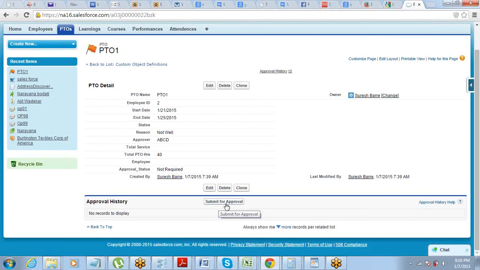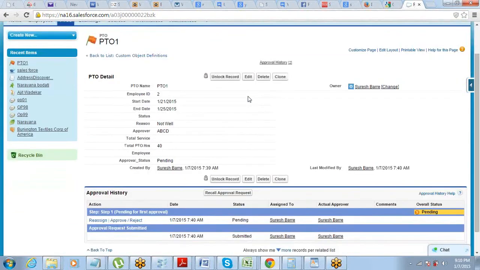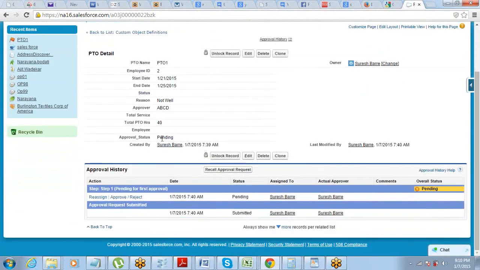Now Suresh, can you just check if you have received an email for approval, because you were the approver? Well, you might not have received it by now. Check after 2 minutes. So the record is created, right? You will receive it after 2 minutes. The approval process does not start instantly. It does not start automatically.